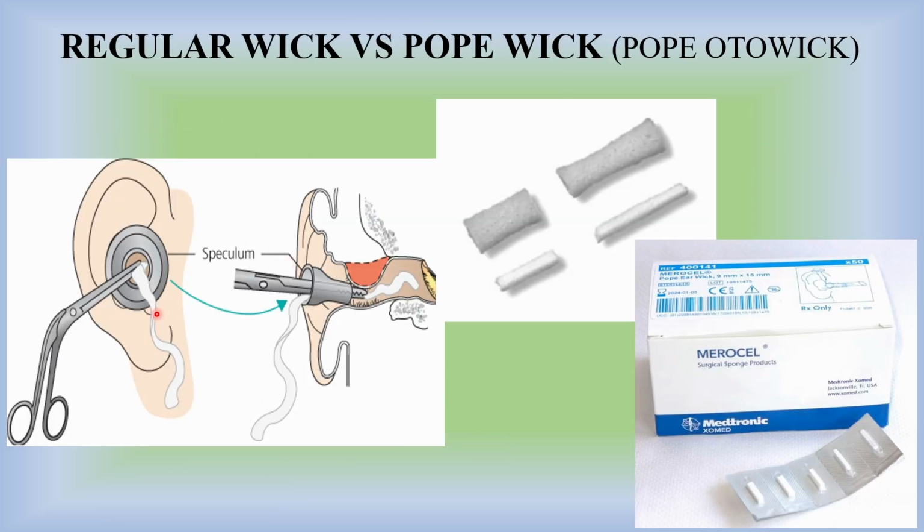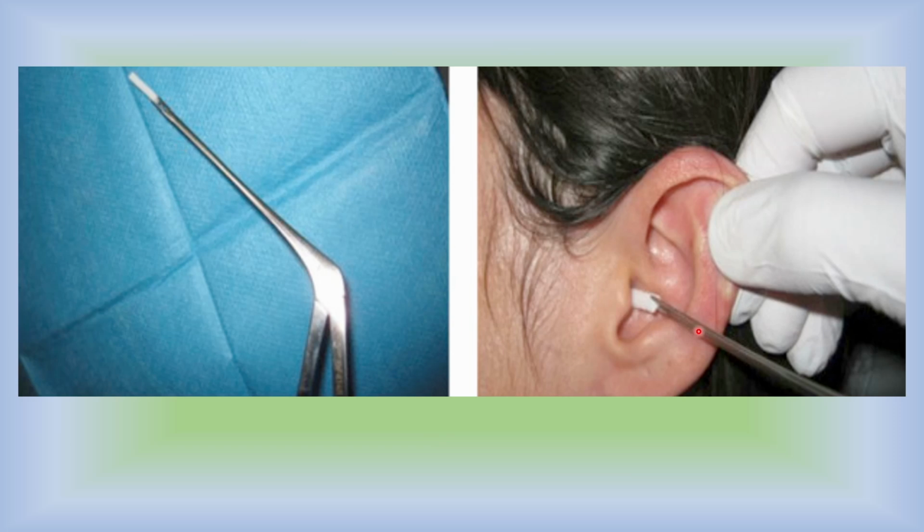Okay, so there are two ways of inserting the wick. I mean, there are two types of wicks. One, the regular wick, which is made from a small strip of gauze piece. Apply the steroid and antibiotic cream or drops or ichthammoglycerin and place inside. Or this is the pope wick or the Merocel wick. This wick is directly inserted, held with the crocodile forceps, inserted in the ear, and then put the antibiotic steroid drops